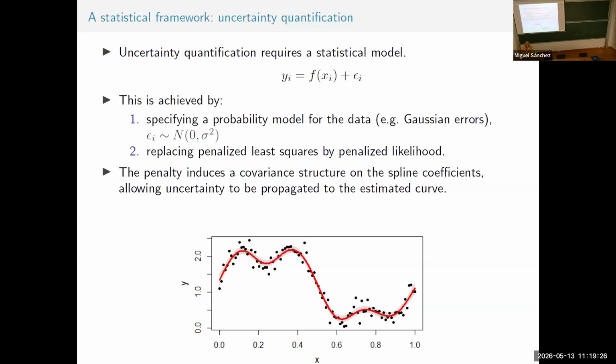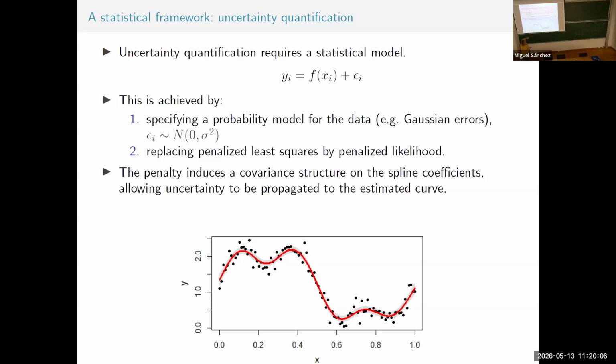But if you want to quantify uncertainty, you have to go through assuming some sort of distribution for your error. The basic thing, of course, is that you assume your errors are independent, normally distributed. But the nice thing is, then you have to get away from least squares. Least squares doesn't tell you anything about any error, but you move to likelihood. And then the maximum likelihood will allow you to estimate the variance of the error.